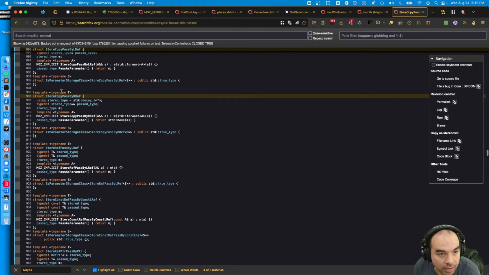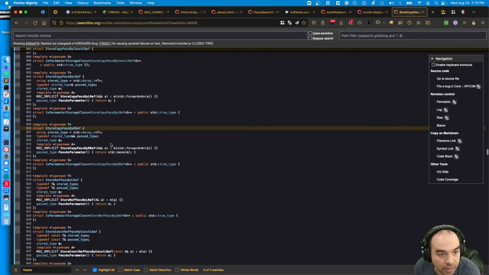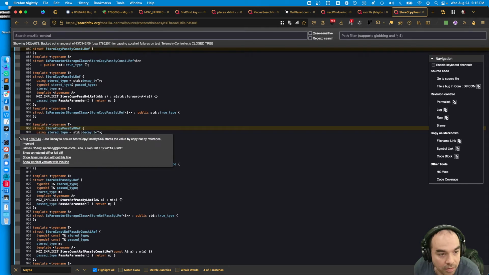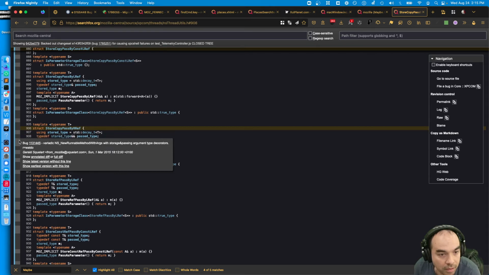From thread utils. Variadic. Storage and passing argument type decorators.